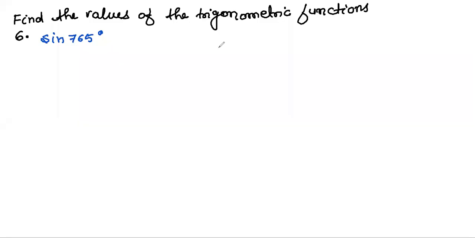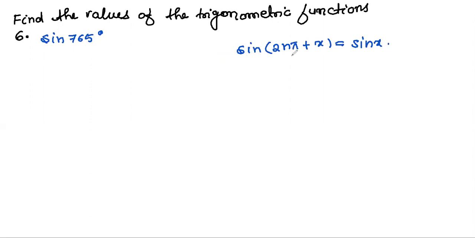We know that trigonometric functions are periodic functions, so based on that only we have to solve. Here sine is there, so we have to use sine of 2n pi plus x equals sine x. But here the value is given in degrees. So by both patterns we can solve, meaning we can convert this degree into radian and after that solve. Otherwise, directly using degrees also we can solve.